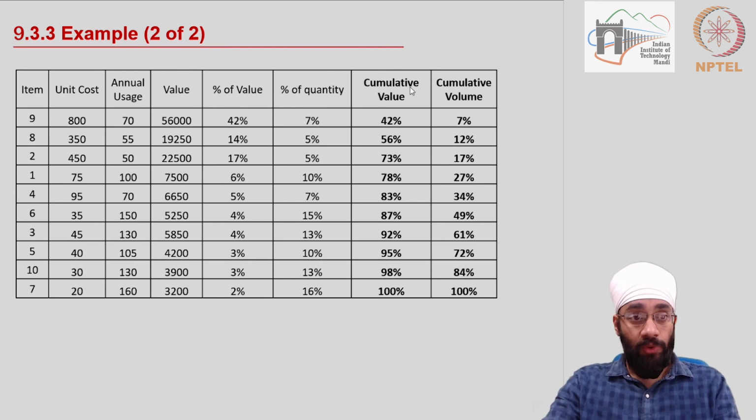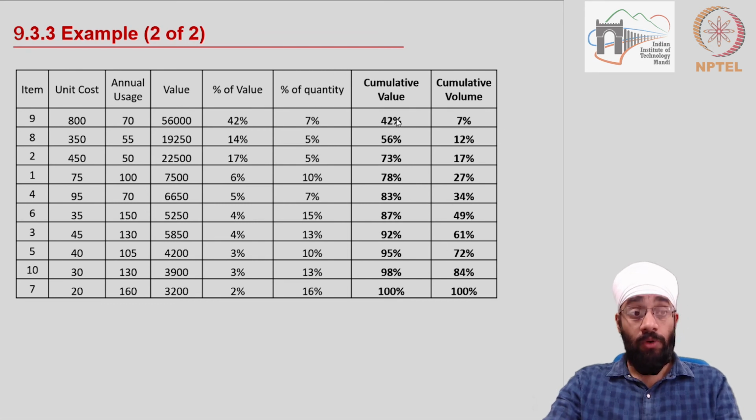Now I've created two new columns. What I'm doing in these columns is I'm calculating cumulative value. Cumulative value means with each new item, how much total money is blocked in the stock. With item number 9, we have blocked 42% here. With item number 8 also, we have blocked another 14%, so totaling to 56% and so on for both the